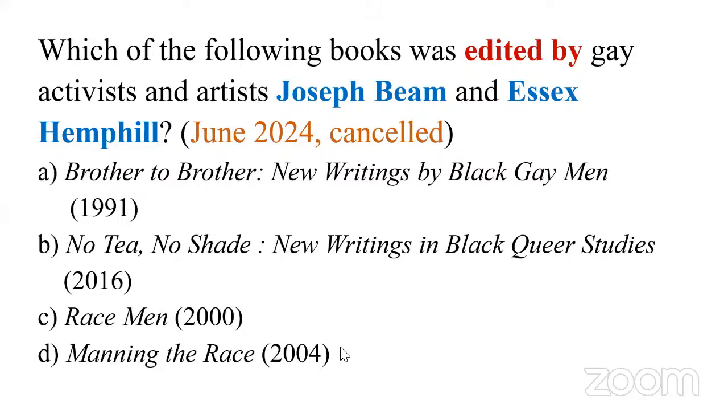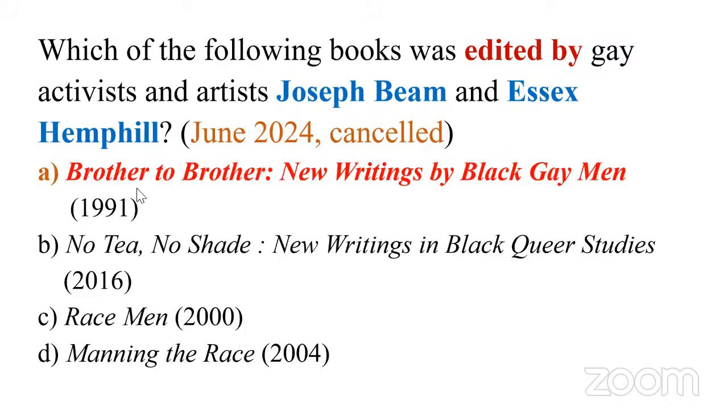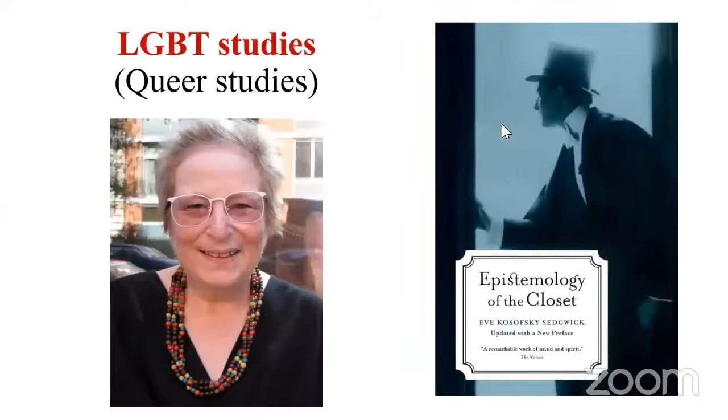It's a bit tough unless you're aware of this field. It's tough to answer, but the answer is A, Brother to Brother, New Writings by Black Gay Men, a book edited by Joseph Beam and Essex Hemphill. So what you can do, focus on LGBT studies or queer studies. And one of the prominent critics we have